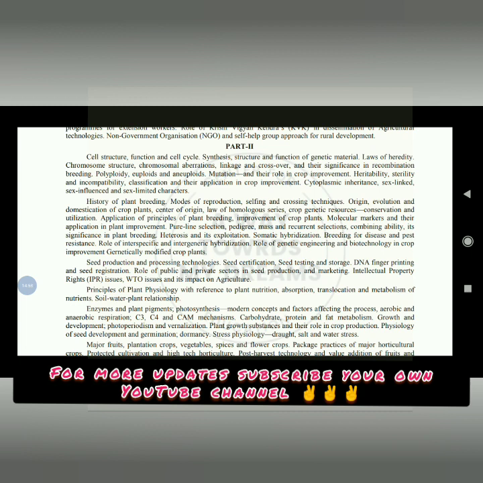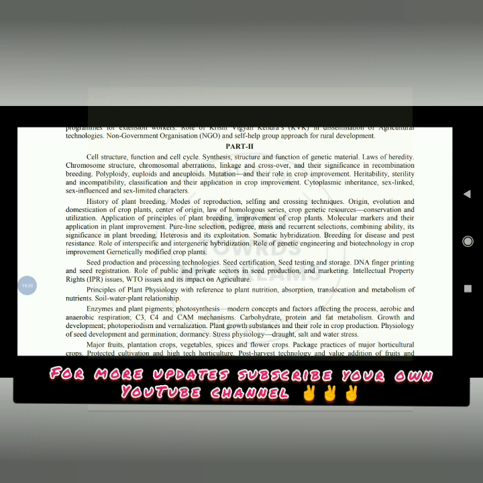breeding, modes of reproduction, selfing and crossing techniques, origin and evolution and domestication of crop plants, center of origin, law of homologous series, crop genetic resources, conservation and utilization, application of principles of plant breeding, improvement of crop plants, molecular markers and their application in plant improvement, pure line selection, pedigree, mass and recurrent selections, combining ability, its significance in